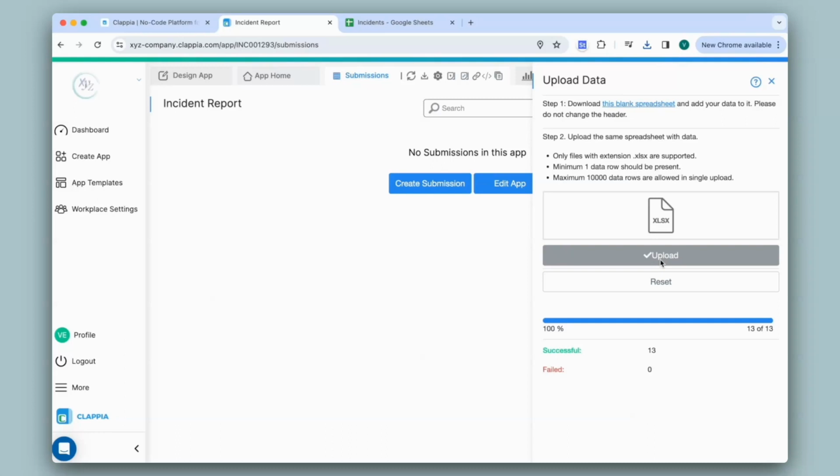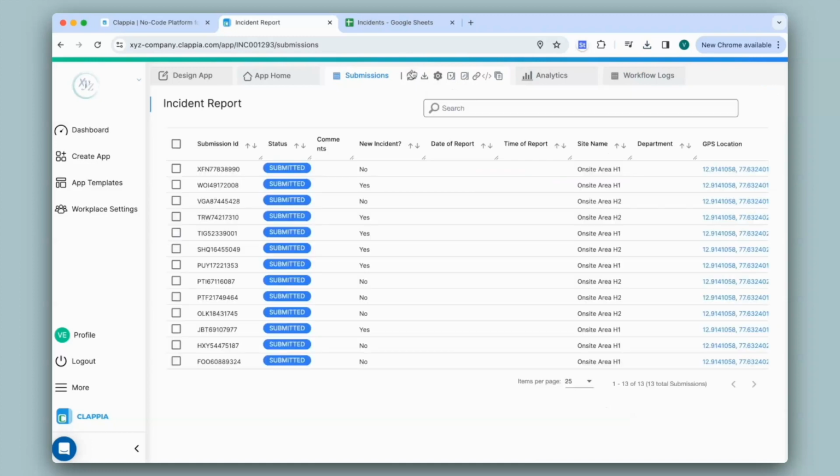You will be able to see if your submissions have been successfully uploaded or not. If it is not, you will get a link at the bottom for you to download a spreadsheet which mentions all the errors. I'll refresh this and all my uploaded data has appeared over here. So in this way, you can perform bulk operations on your submissions in your app, be it downloading data, editing,